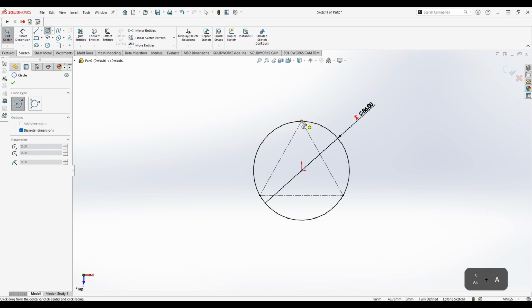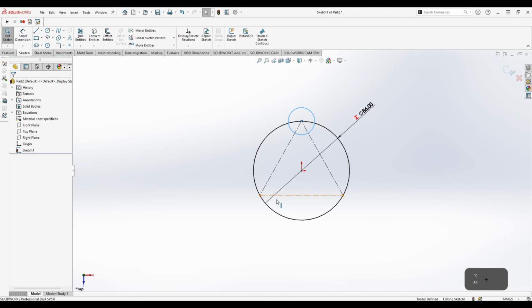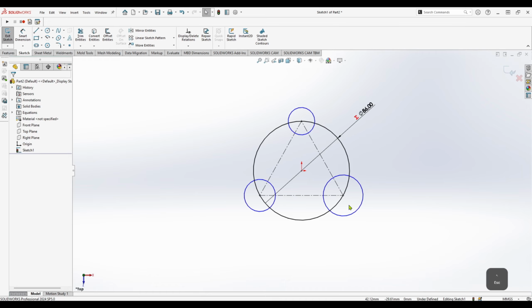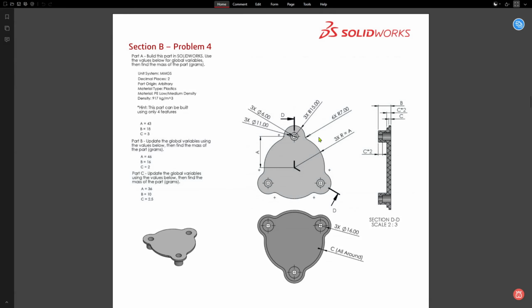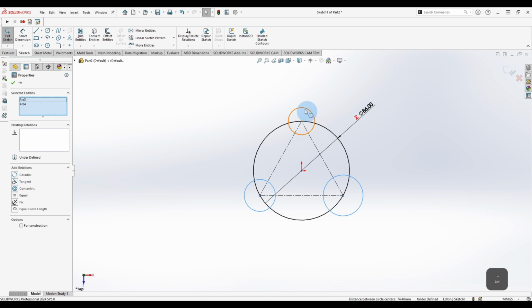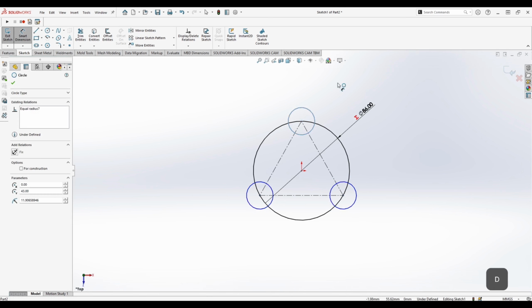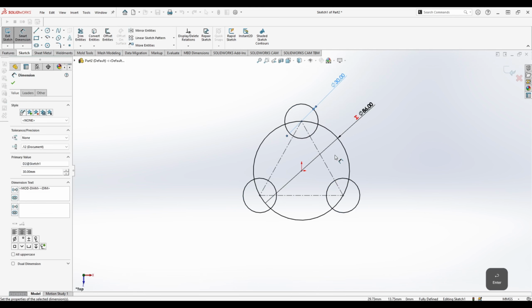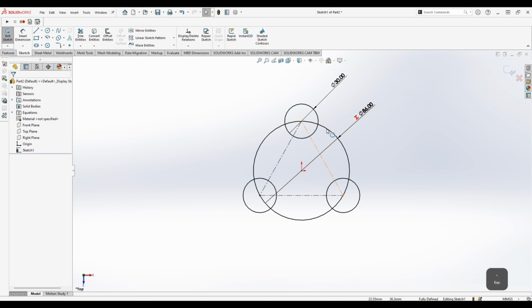We can add in our circles for the holes. And looking at the size of them, they're going to have a diameter of 30. So we can first equate them, set them equal to each other, and give them a diameter of 30. Okay,